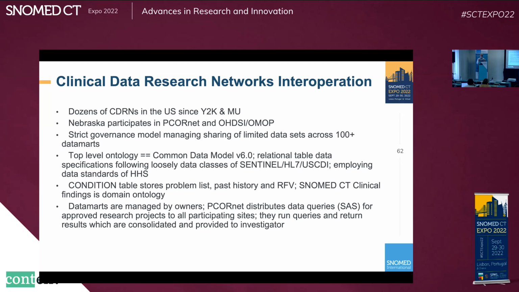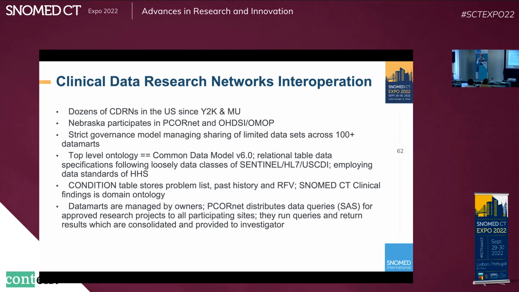So the top level ontology tells us how we need to organize the data for public health. SNOMED CT is providing the vocabulary or domain ontology that defines the meaning and details of what those conditions are all about. For example, a query in plain text language that we would receive from PCORnet, asking us to send a list of all your patients with diabetes, means that we would query our condition table, our condition records,